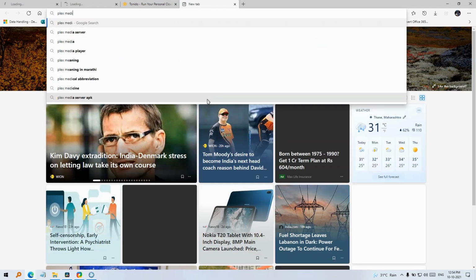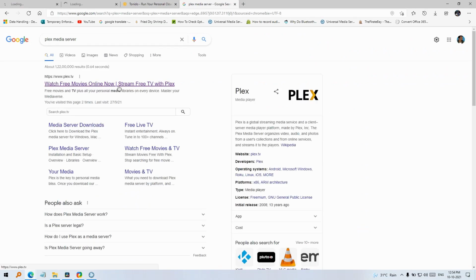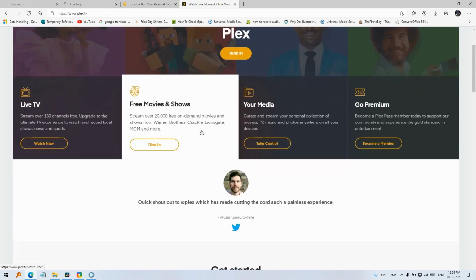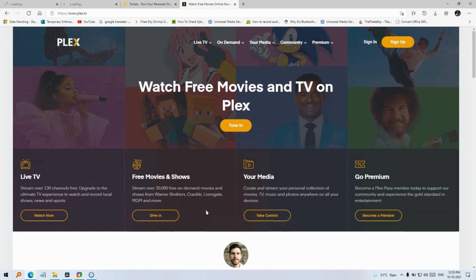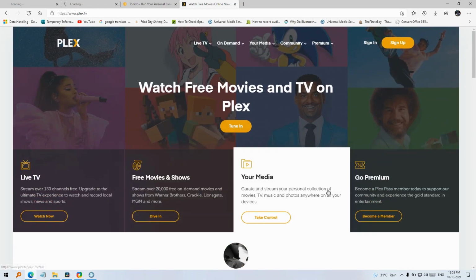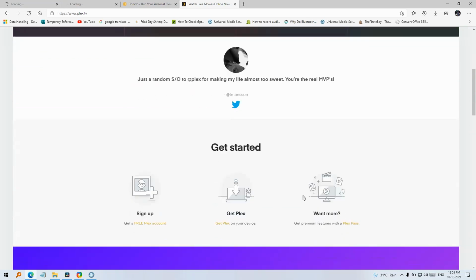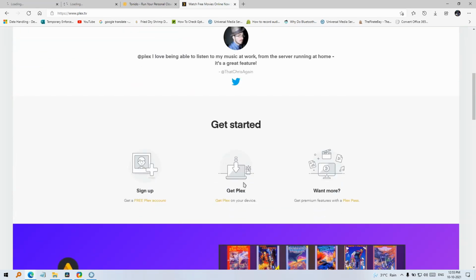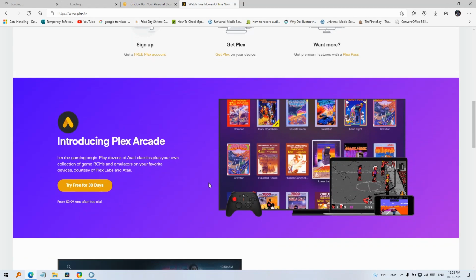There is one more which is called the Plex Media Server. It's a paid app, but there is a free version available which has some restrictions. It is very good for managing your multimedia content. It adds a thumbnail to the movies you have and manages it very well.